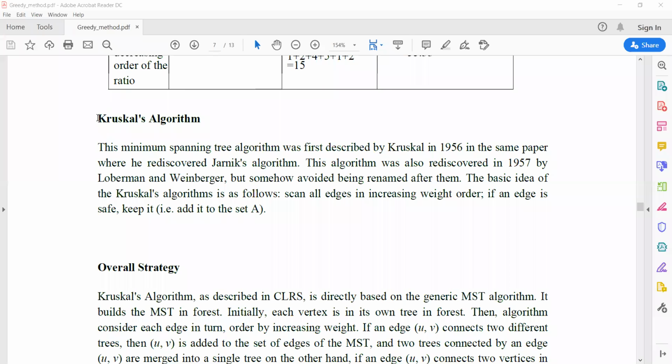Now, the next algorithm that we are going to discuss is Kruskal's algorithm, a greedy method. We'll solve the minimum cost spanning tree problem, to find the minimum cost spanning tree from a graph. In a graph there could be different types of spanning trees. We can have more than one spanning tree, but among them, the one with the minimum cost is called the minimum cost spanning tree.